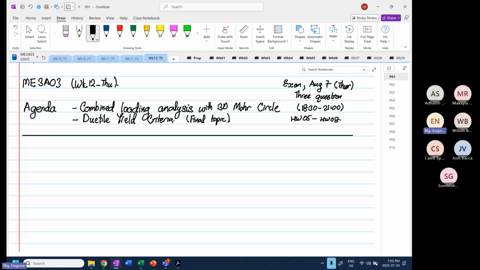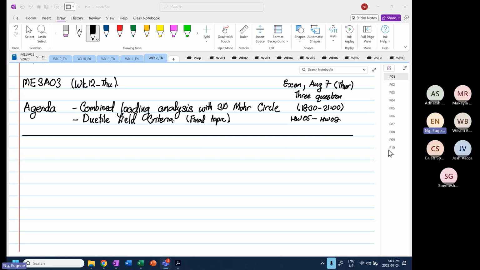Homework number 8 will be the last homework that you'll be receiving, and I'm uploading it tomorrow. Right, so now we are going to look into a combined loading with 3D Mohr's circle, and I'm going